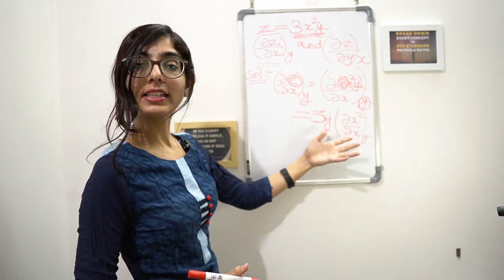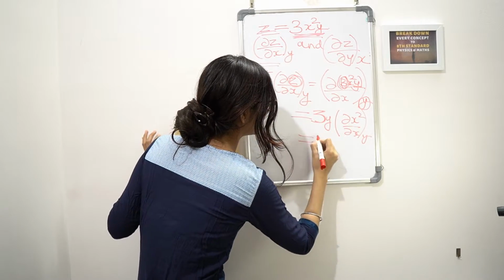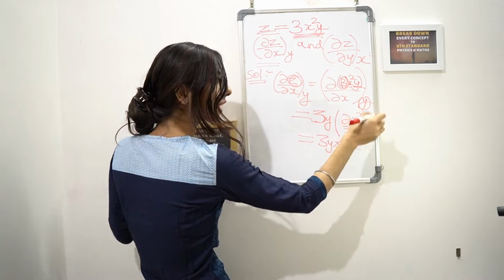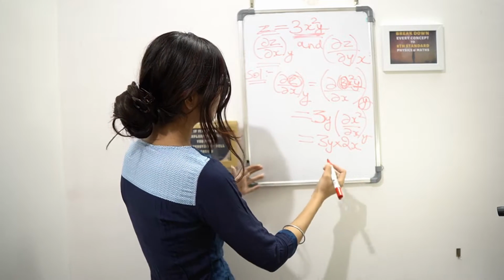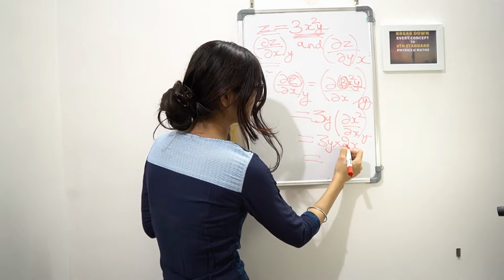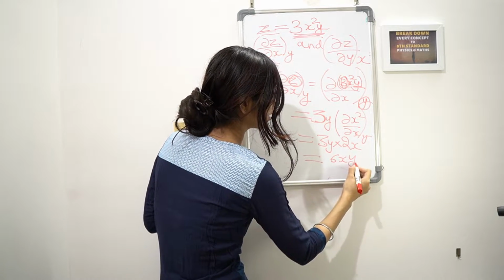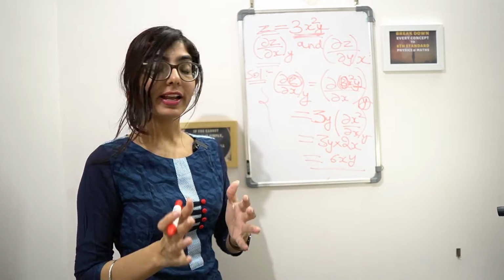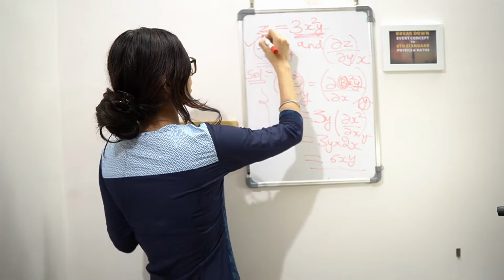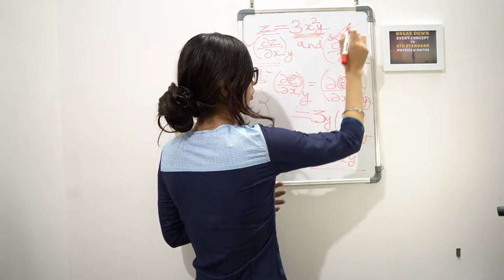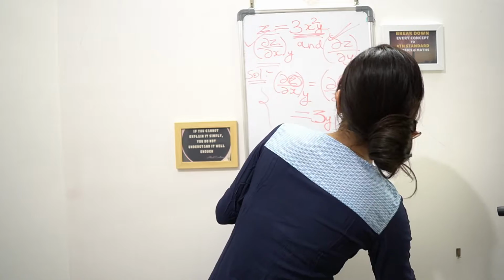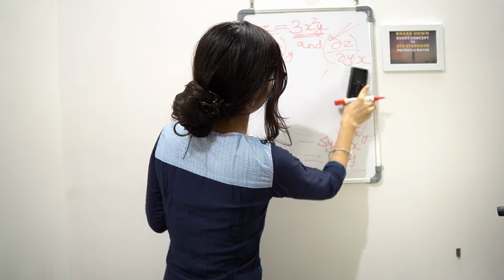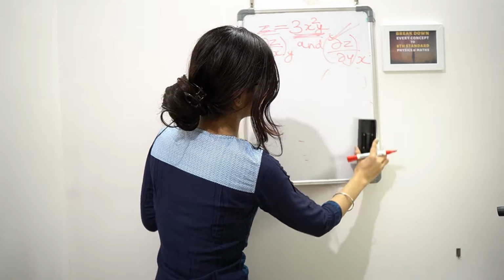Now we can do the differentiation of del x square by del x, keeping y constant. That would be very easy. We know that it would be 3y into 2x. Fine. Differentiation of x square is 2x. So what will we be left with as the answer? 6xy. So this is the answer and this is how we do partial differentiation. Fine. So now we calculated this. So we'll be calculating the other one now. So I'm rubbing this for now, and we'll be calculating the other thing.